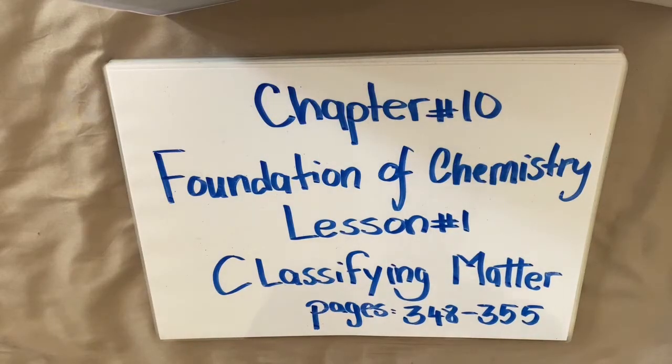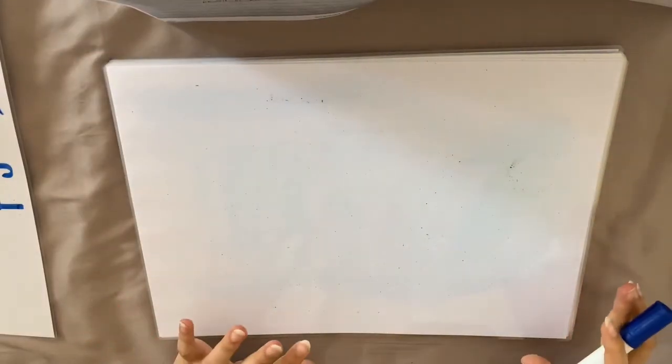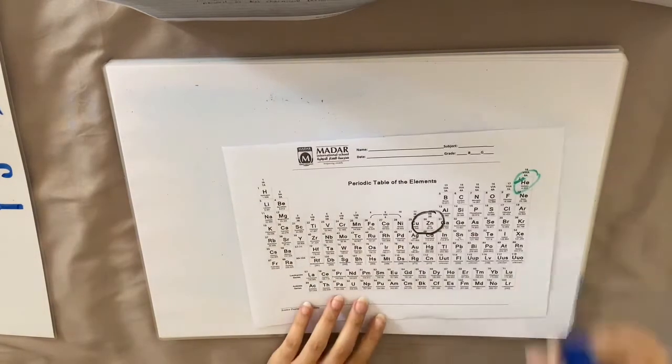Hello class. So we're still working on the same lesson. You're going to find classifying matter 348 to 355. Okay, throughout this video, we are going to get to know more about elements and compounds, the periodic table, and chemical formulas. So let's take a look at the periodic table and understand how we can find the number of